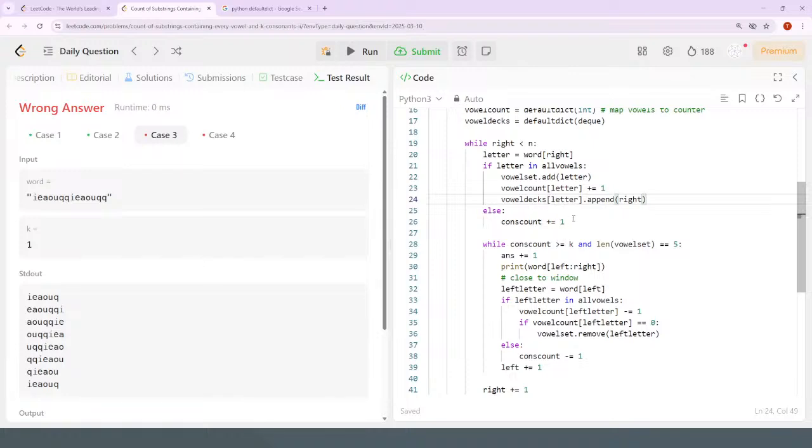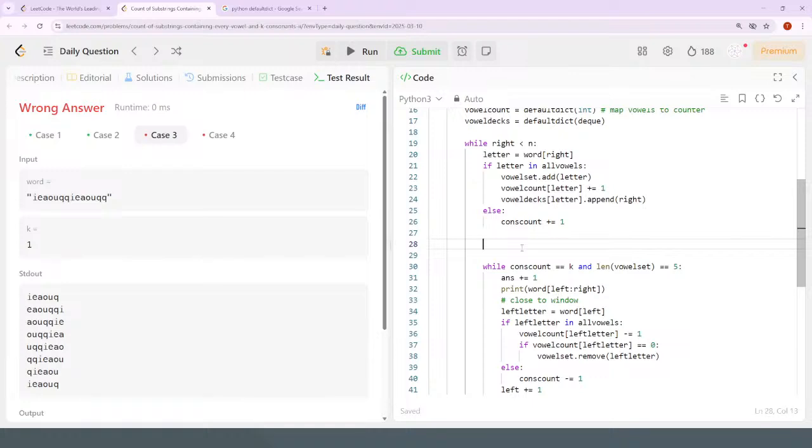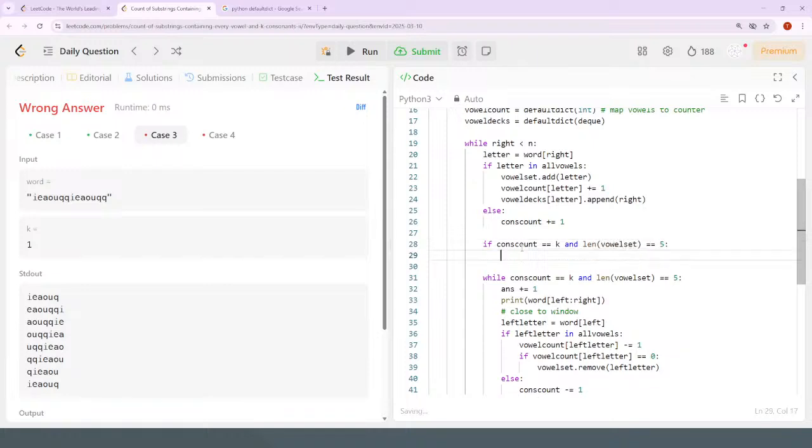And when you have a window, let's see, when you extend out your window on the right side and the consonant count is equal to k at this point, and the length of the vowel set is equal to 5, then